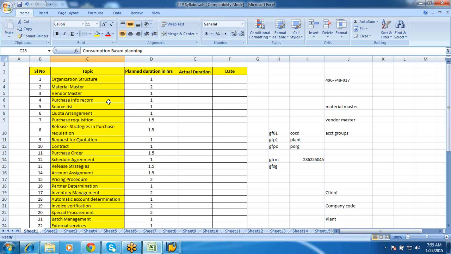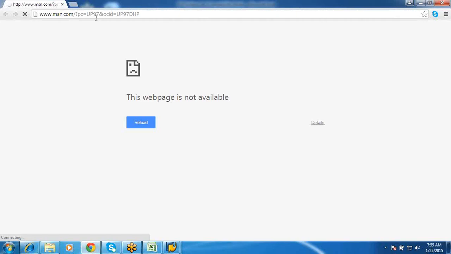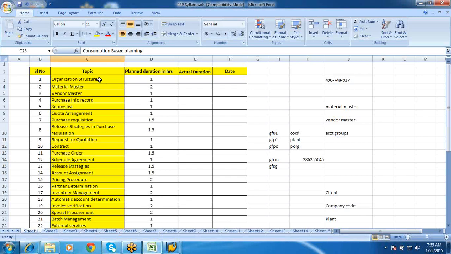Chandra, do you know what the tough part for me is? Answering the organization structure of the current client. If they ask questions on the organization structure, like how many company codes, how many plants, and how many purchase organizations. You can give the example of your current organization itself. You can say, I have one company code, around 2 or 3 plants, and the purchase organization is one. We have a centralized purchase organization.